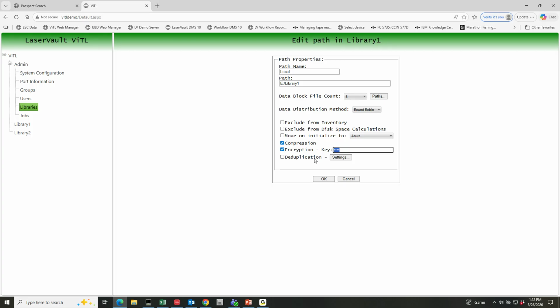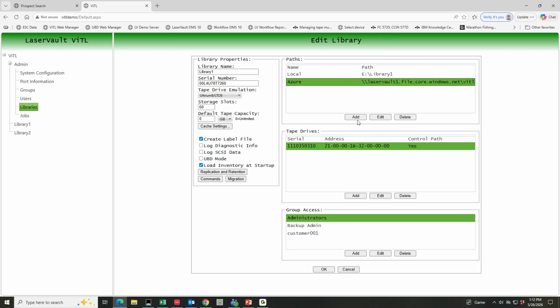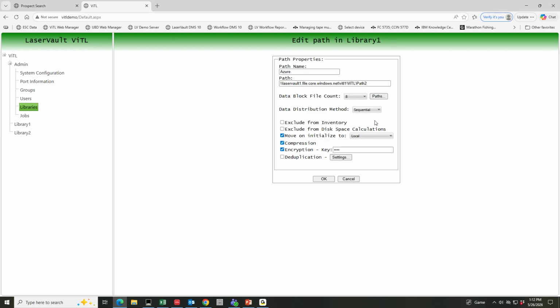It also reduces the amount of data that you might be replicating, whether it's to cloud storage, to a DR site, co-location, hosted data center, whatever the case might be. Deduplication can be used to increase compression and also decrease replication time. So those are some of the settings within that particular path. Each path can have its own set of options